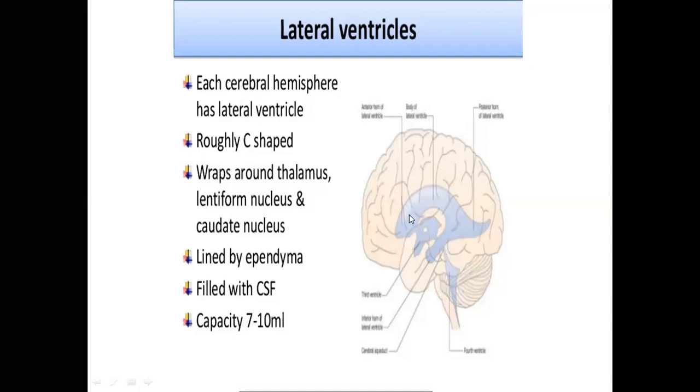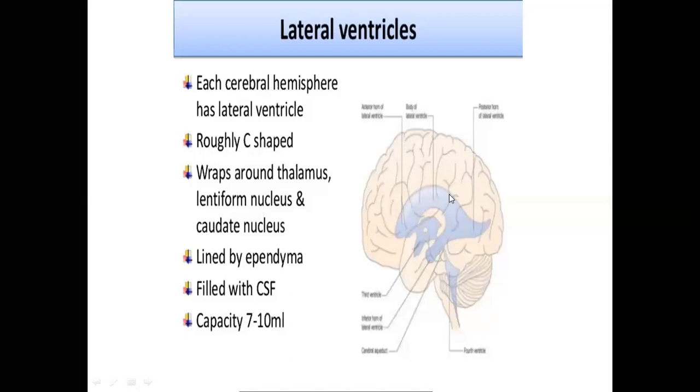So the lateral ventricle is among the largest ventricles of the brain. It is the cavity of our brain. It lies within the cerebral hemisphere. It has the central part, then an extension in the frontal lobe, which we call the anterior horn. One extension in the occipital lobe, we call it the posterior horn, and one extension of the cavity in the temporal lobe, that is the inferior horn. So these are the extensions of the lateral ventricle.